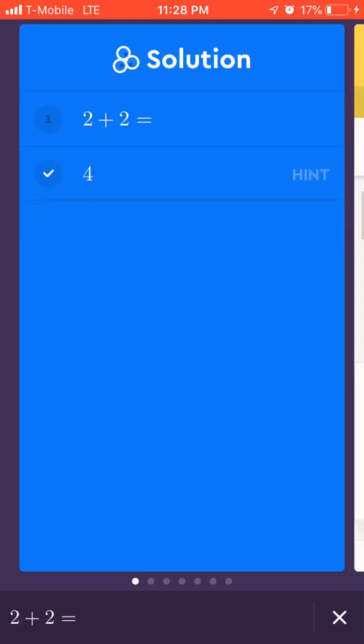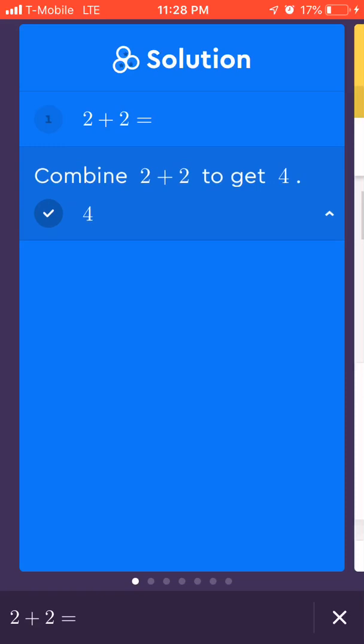It shows you what the solution is and it explains it. Had we had a more complex problem, it would have broken down each step on this solution page